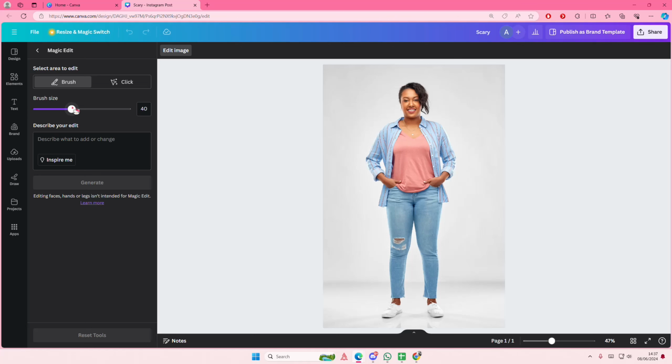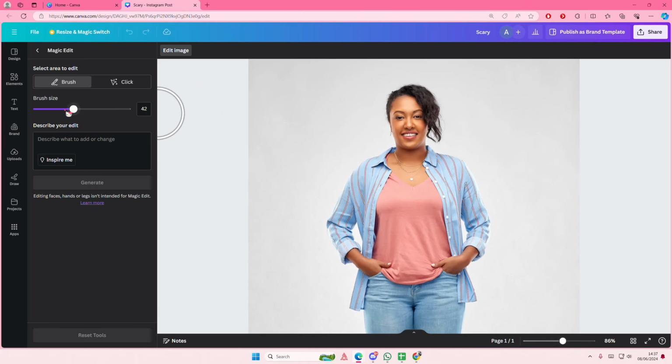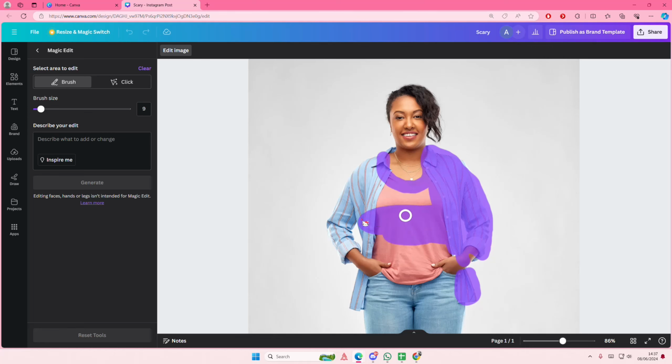But I think it's a little bit easier to do the brush if you just want to edit only a little bit. So I only want to edit her outfit here. I'm just going to try to do it quickly and not very neat because I don't have a lot of time. I might erase some stuff here and there, but her outfit doesn't actually look super casual, but this is just an example, so just trying to do this as fast as I can